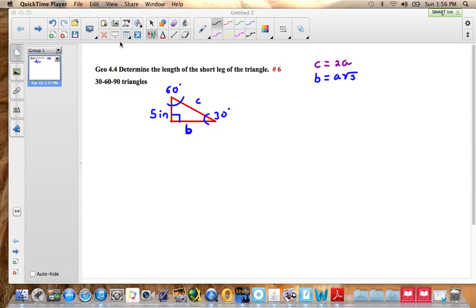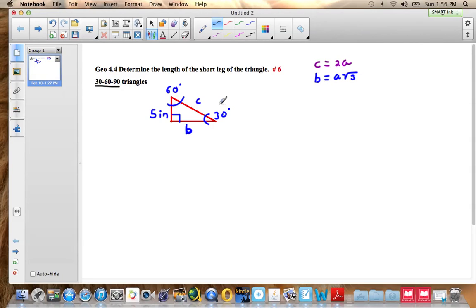Triangle. This is going to be a little bit different than what we were doing in the past. Before we were talking about 45 degree, 45 degree, 90 degree triangles. In other words, two angles were 45 and one was 90. Now we're talking about triangles that are 30, 60, 90. In other words, one of our angles is 30 degrees, one of our angles is 60 degrees, and our other